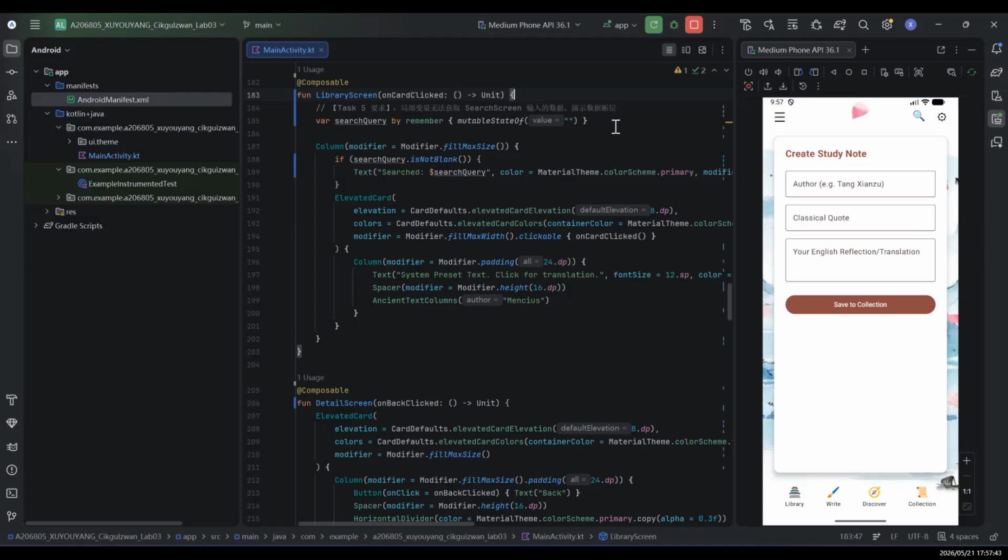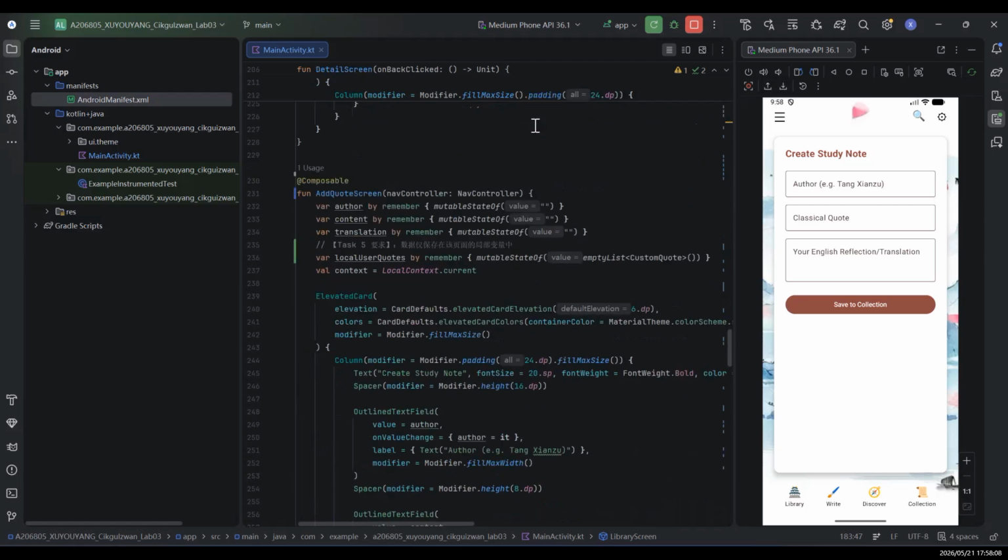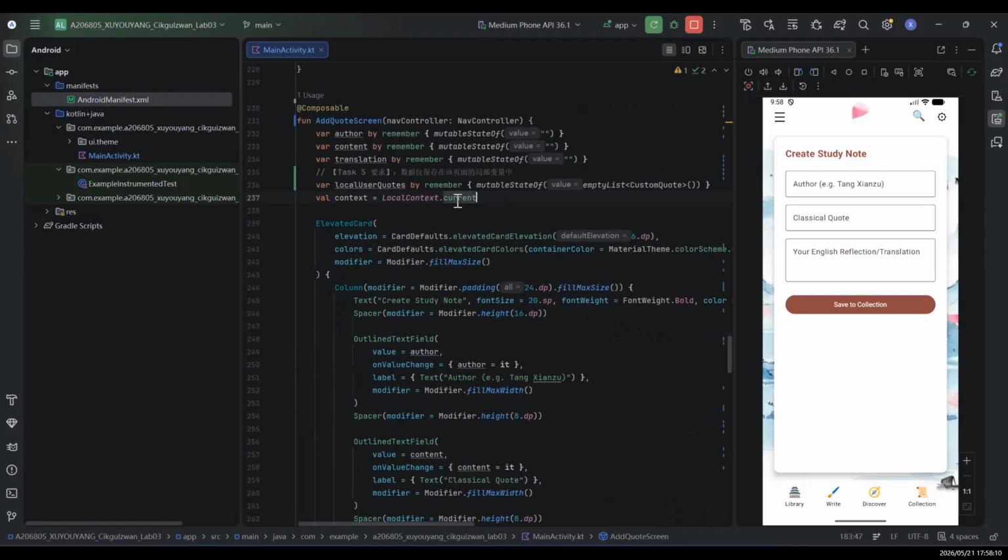Okay, for task 5, I have deliberately removed the ViewModel from my classical literature app. You can see I removed the ViewModel and changed it to remember. Previously, my NavHost connected 5 screens and passed a shared literature ViewModel to all of them. Here you can see. Let's look at the